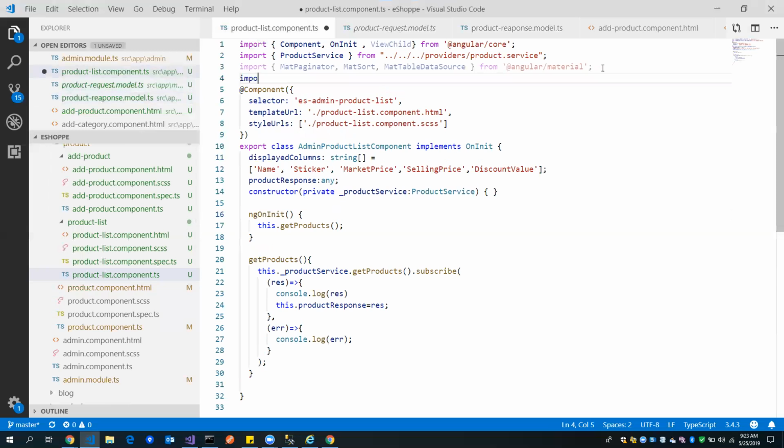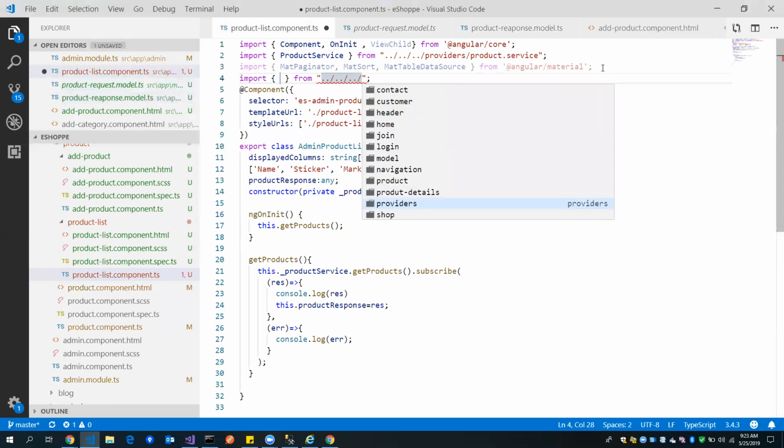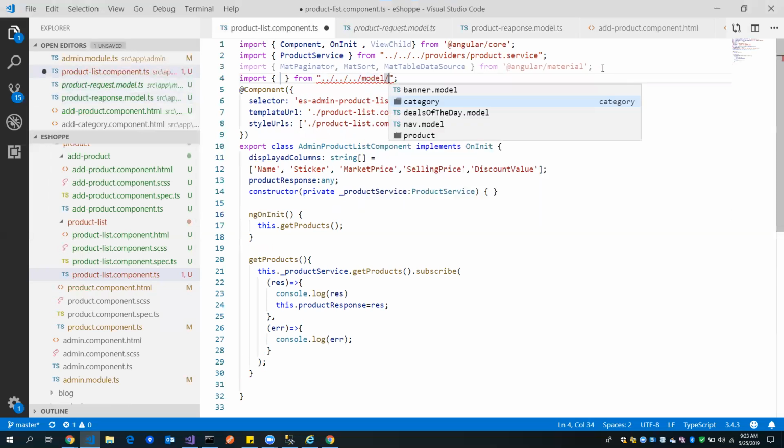So I say import statement double dots model, yes, slash product slash, come on man,